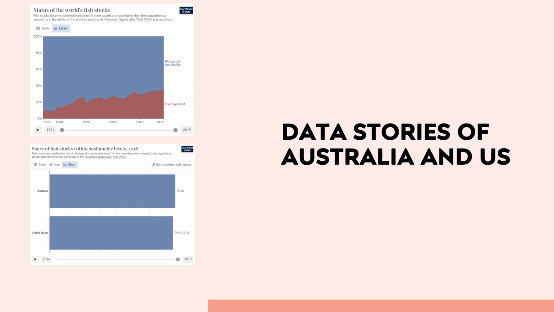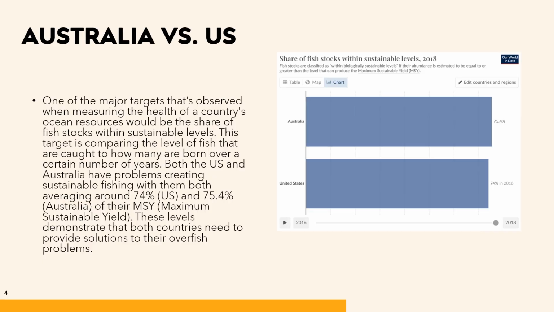The data stories of Australia and the US. Australia versus the US. One of the major targets that's observed when measuring the health of a country's ocean resources would be the share of fish stocks within sustainable levels. This target is comparing the level of fish that are caught to how many are born over a certain number